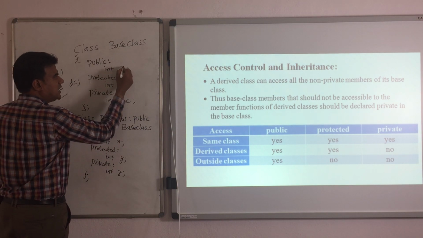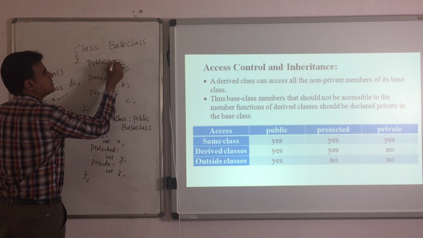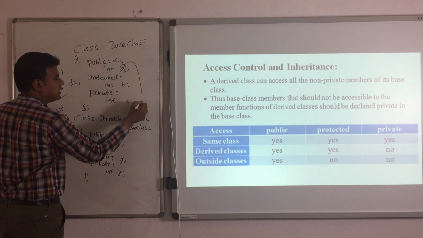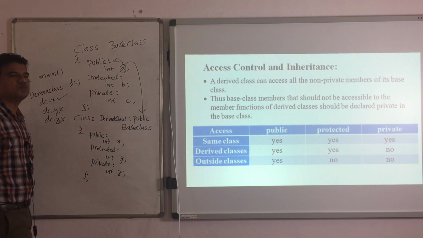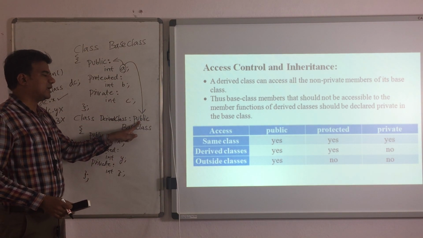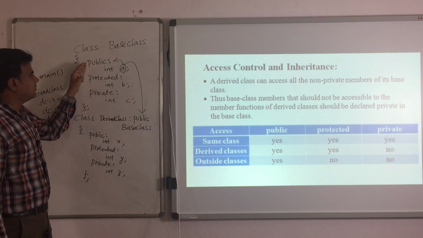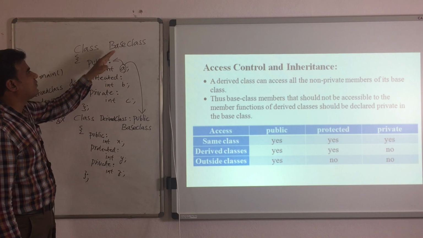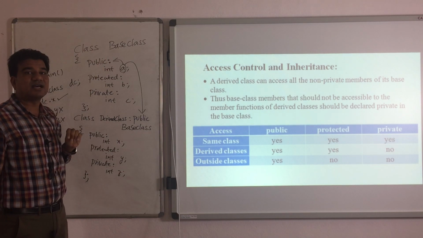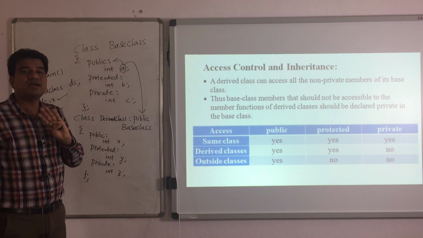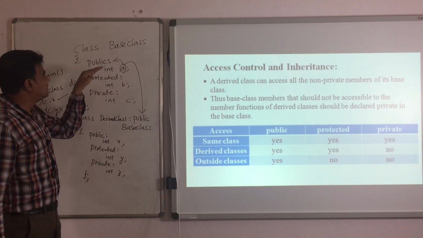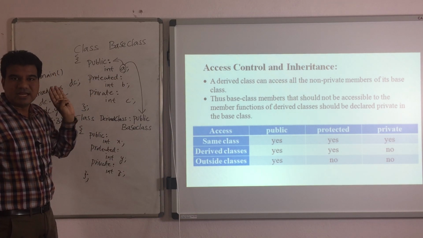After checking the access modifier, we have to check the mode of inheritance. What is the mode of inheritance? Public. If the mode of inheritance is public, whatever data members you are inheriting from the base class into the derived class, their access modifiers are not going to change. They will remain as they are in the derived class.